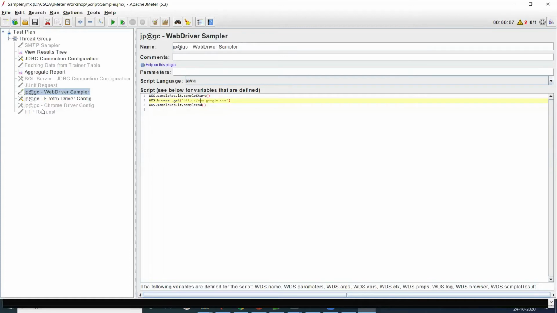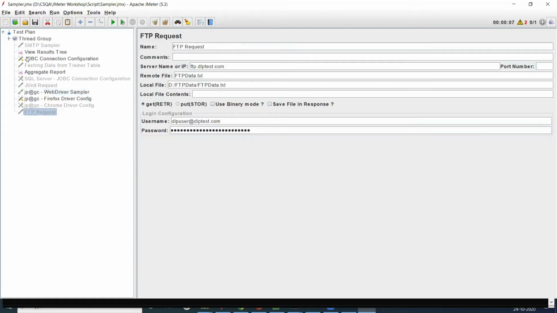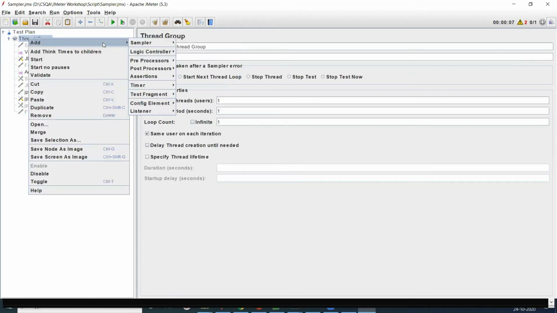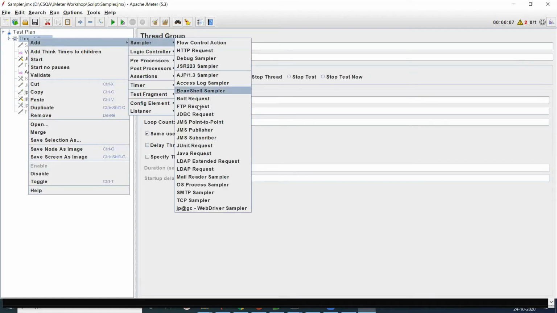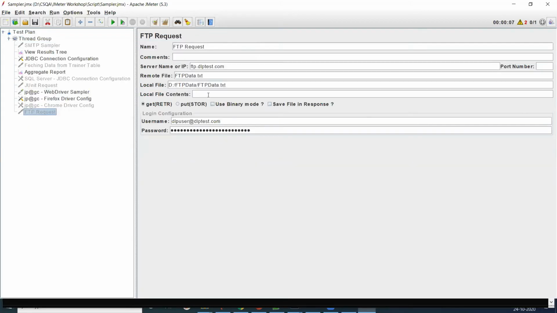Similarly, if you want to go with the FTP request, we do have that sampler. In the thread group sampler, we do have the FTP request. When you open the FTP request, you need to provide your FTP path, and you need to provide the username and password for that. With that, it will get the data from FTP.